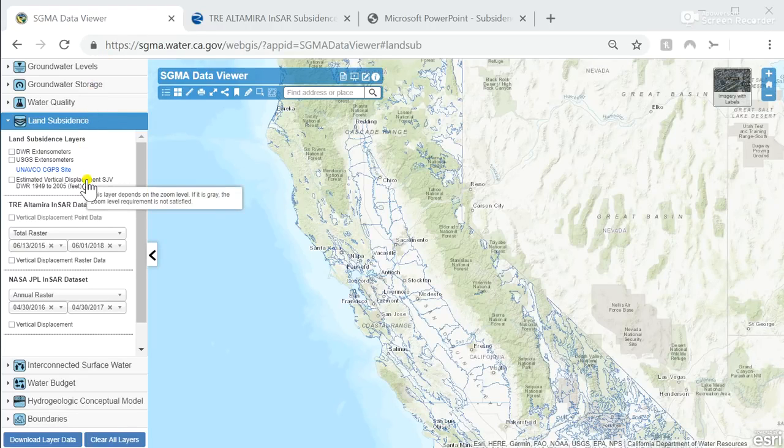DWR has recently updated the SGMA Data Viewer to include updated subsidence information to help groundwater sustainability agencies, water managers, and others implement the Act. DWR is providing these standardized statewide datasets to assist GSAs in their planning efforts, and the new information is available